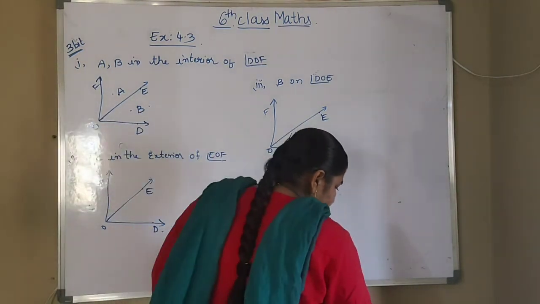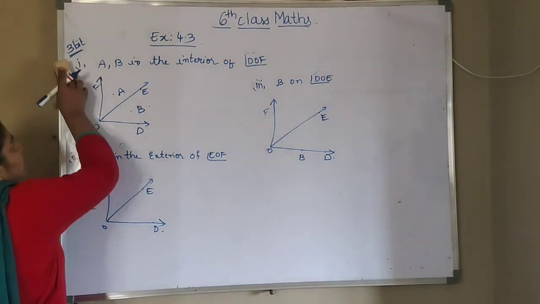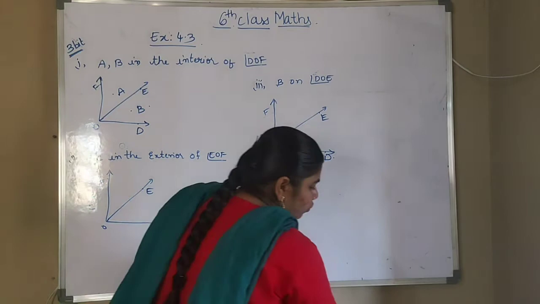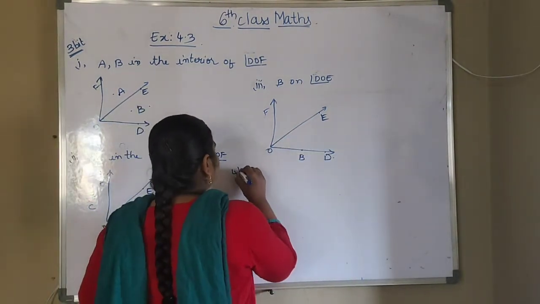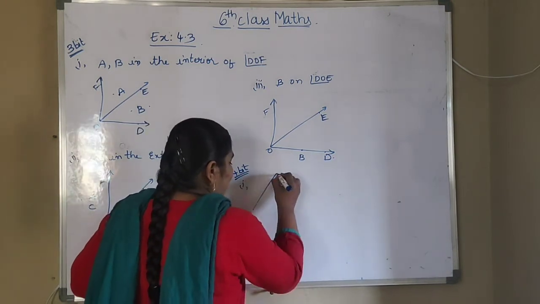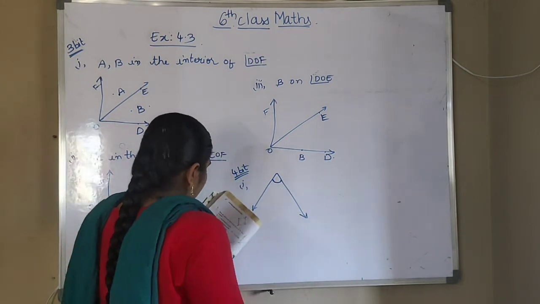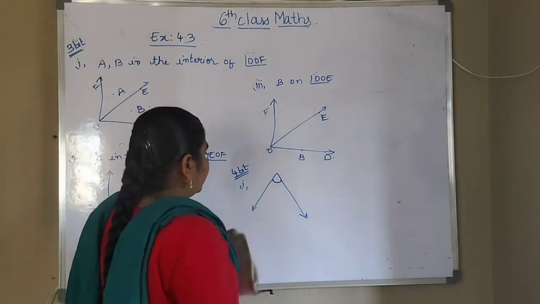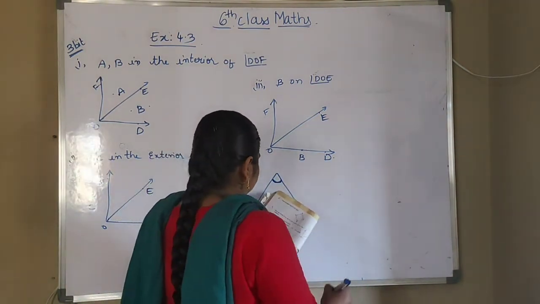Now last bit. Mark the angles formed in the figure. So they have given some figures where the angles will form. We have to mark. So fourth bit in this, first one. So they have given one angle. So where is the angle forming? Mark the angles formed in the figure. Here it is forming the angle. Okay. Next.